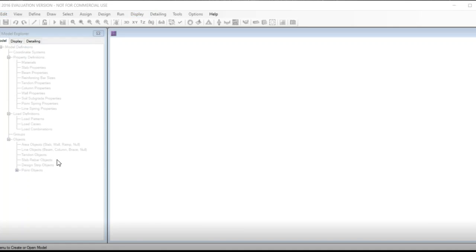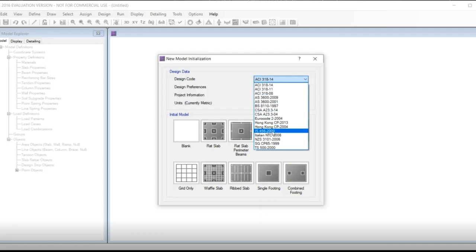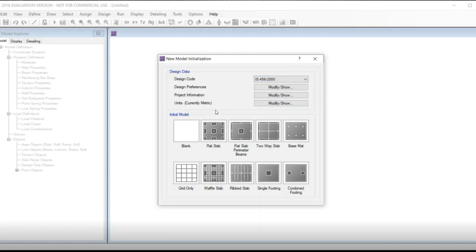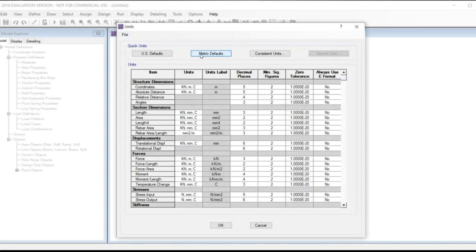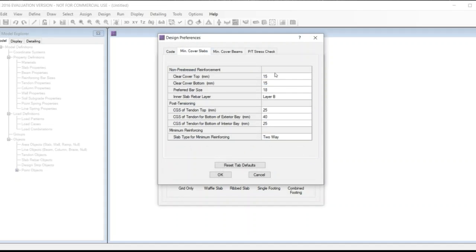Now open the SAFE software, go to file and select new model. Then make sure the design code is IS 456 2000 and the unit must be metric.